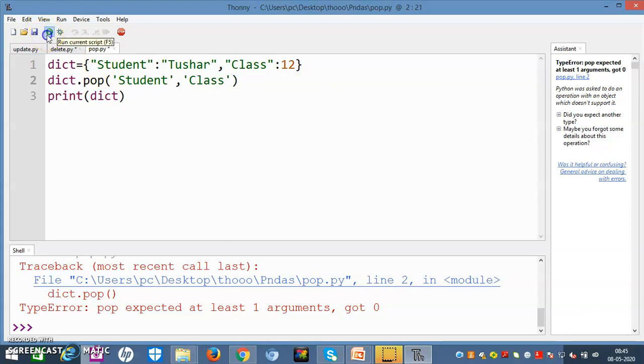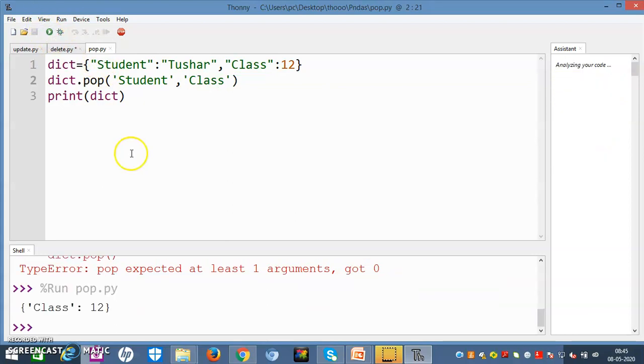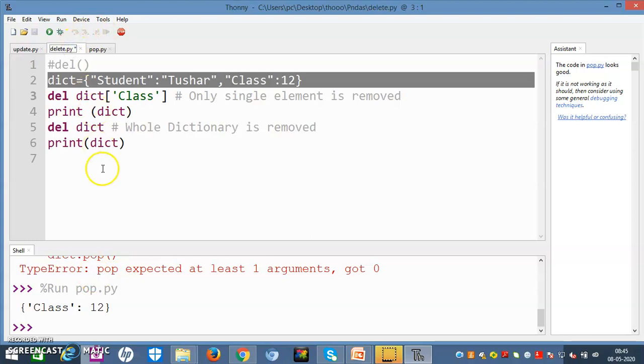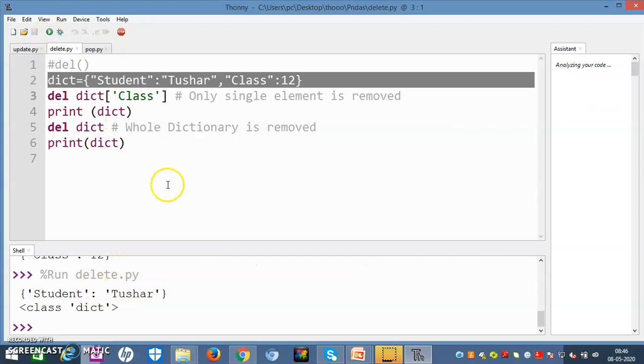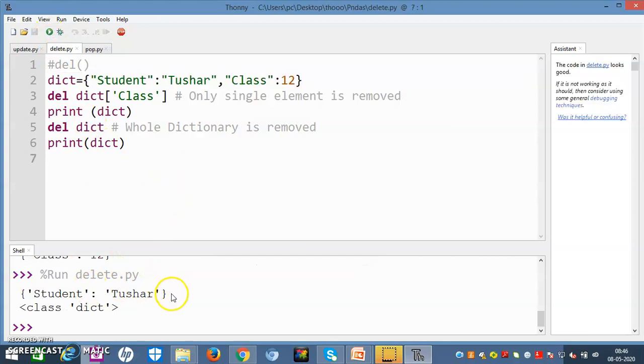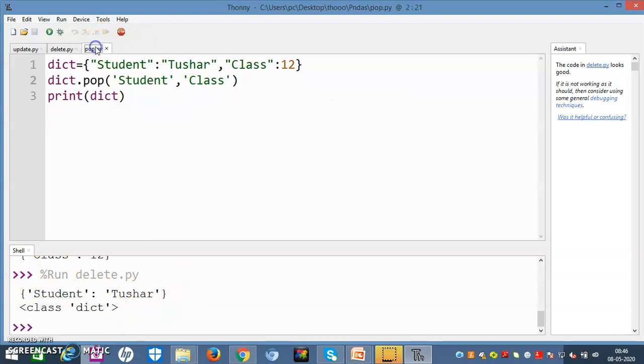Let's check. Yes, the answer should be class 12, right? Now in delete, our answer was, let me run again for you, student Tushar, right? It will show the remaining part.